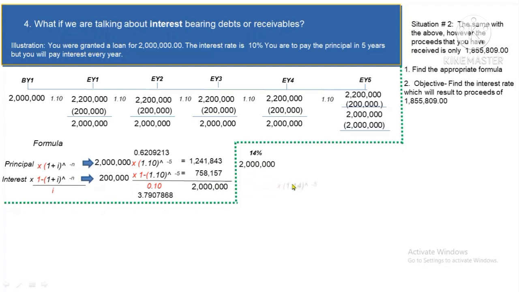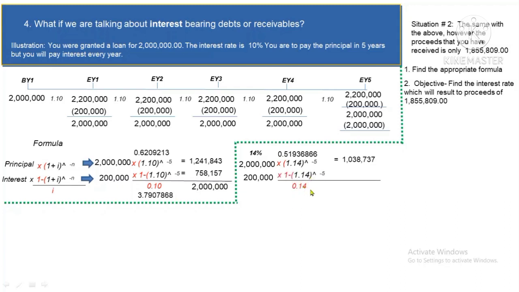So we have 2 million times 1.14 raised to the power of negative 5. If you're going to simplify this, you're gonna get 0.51936866. So this one times this one, you are going to have 1,038,737. And then you have the interest of 200,000 times 1 minus 1.14 raised to the power of negative 5